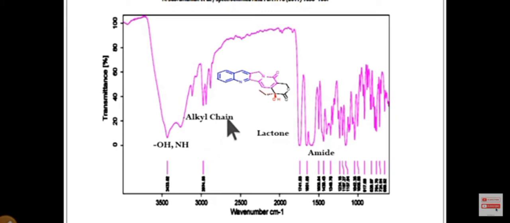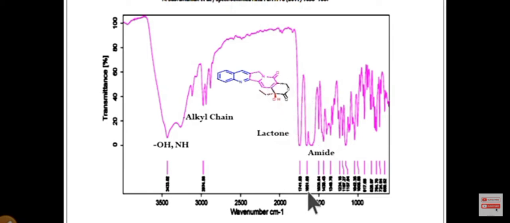It says that there might be the presence of an alkyl chain, and then there is another stretching band at 1740. It accounts for the lactone ring system. As everyone knows, the standard value of a lactone or ester is 1740. That means the ring present in this molecule may be a 6-membered ring, or a strain-free or conjugation-free ring system. So it can confirm that the ring is 6-membered.